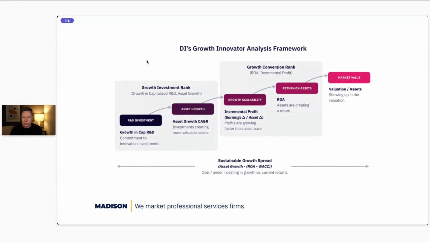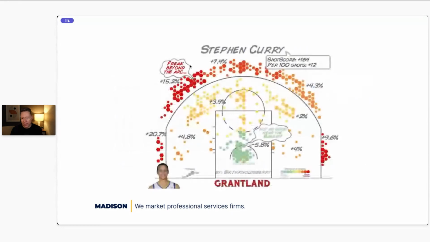I am a sports nerd, and there was a website at the time with a guy named Kirk Goldsberry, who had this very clever way of visualizing a shot chart. And it's something he became very, very well known for. And I really liked this idea. And I was thinking, is there a way that we could maybe visualize our framework a little bit more easily?